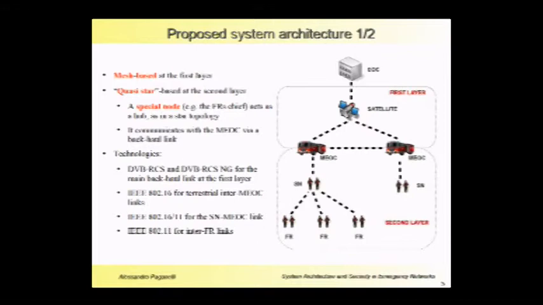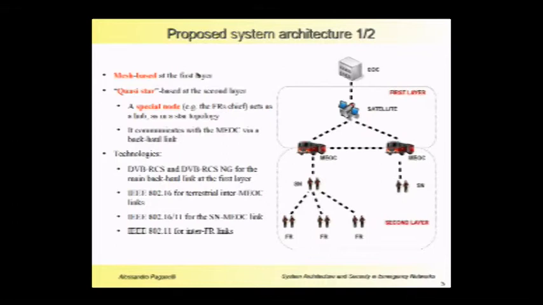This network is divided into two layers. The first one is responsible for the interconnection between the various MEOCs and the EOC. And the second layer is responsible for the communication support to the first responders. The first layer is a mesh-based layer, which uses DVB-RCS as the main communication technology, and 802.16 for the terrestrial backup links, while the second layer has been dubbed quasi-star network, because if we consider this